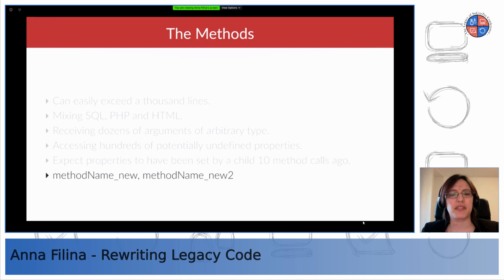And then you have interesting method names like _new or _new2. And of course, once you start rewriting these methods with _new2, people don't necessarily clean up the old code once they stop using it. So it just floats around, maybe even used in one place, and it just sticks around forever. And then you don't really know which one you should call, which is the correct one. There are no tests, so you can't really understand the behavior. So there's a lot of dead code like that. I'll have a whole section about that.